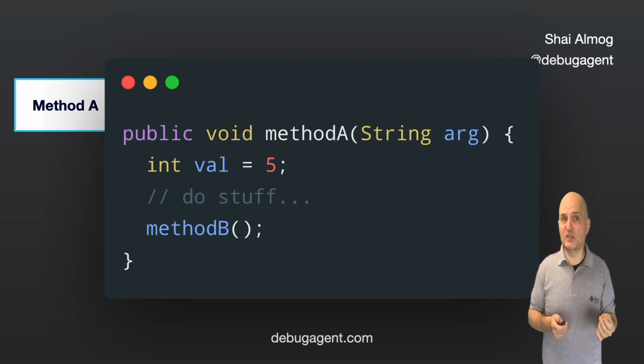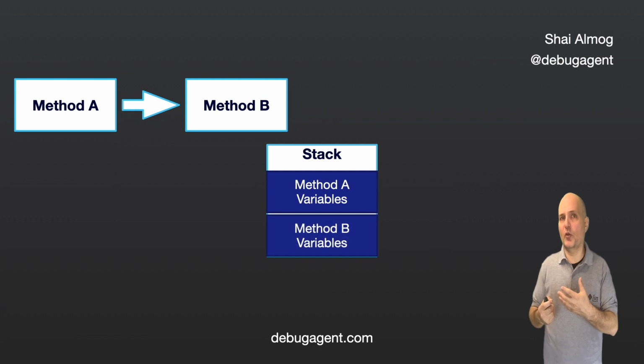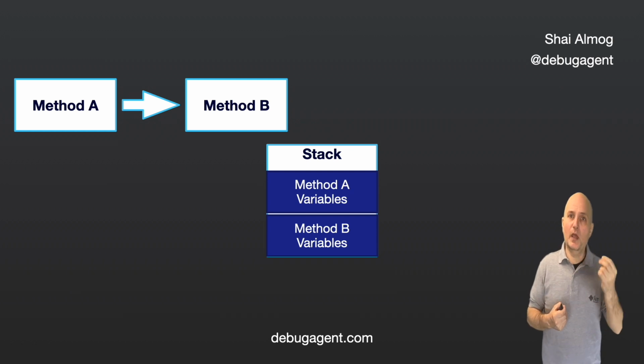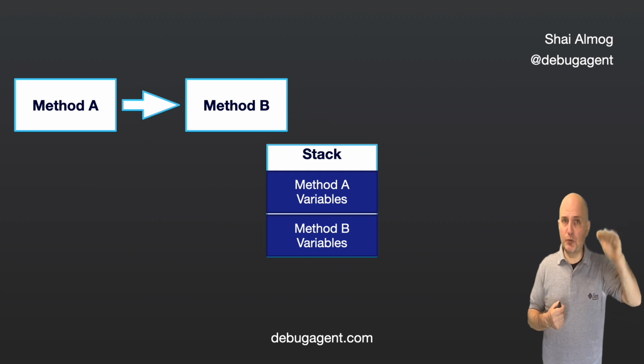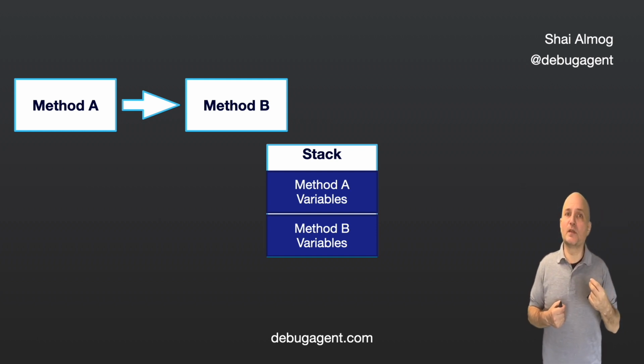So what happens to them while we're within method B? Each method is a part of a stack frame. This is a term you might have noticed when we talked about the debugger. Every time we invoke a method, the frame of the current method gets pushed into the stack, and then we return from the method. When we return from the method, the stack unwinds. That way, we get back the variables we had before.